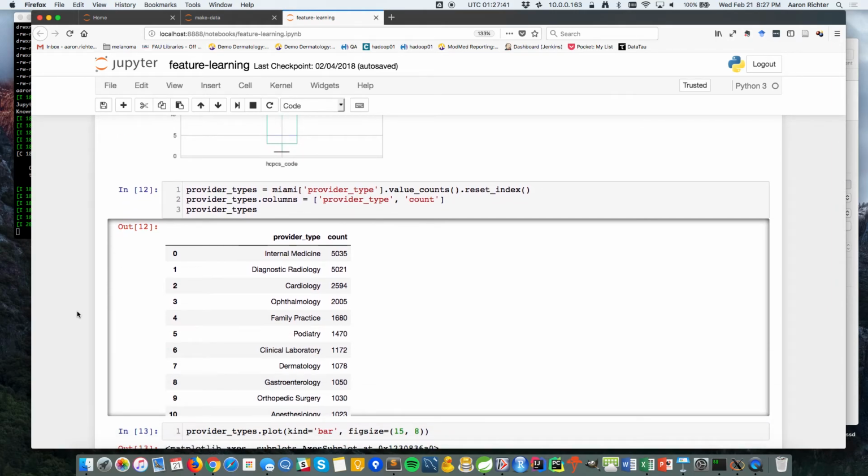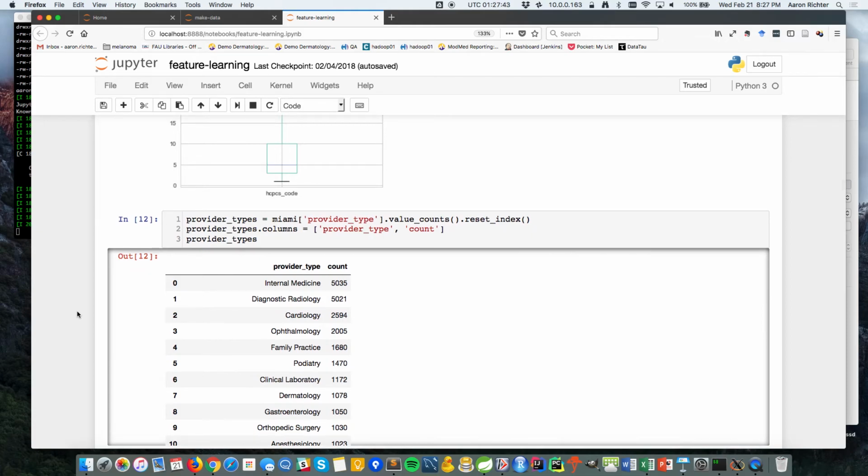So what we're trying to do here, this kind of toy example, is take all the procedures that a doctor does, and see if we can train a model that can figure out what type of doctor you are. Just based on the codes that you perform, can we predict your specialty? Now, for some of these doctors, it's obviously going to be natural intuition that if you're doing a bunch of skin biopsies, you're a dermatologist. If you're doing a bunch of radiology reviewing, you're a radiologist. So again, this is a toy example, but it explains what can be done.